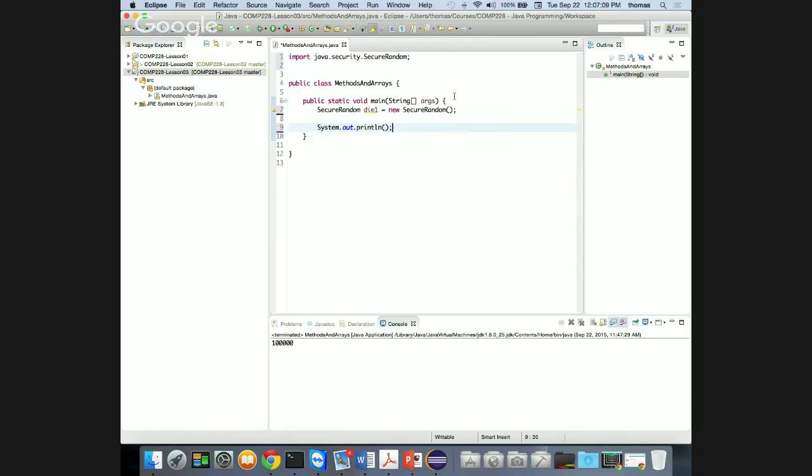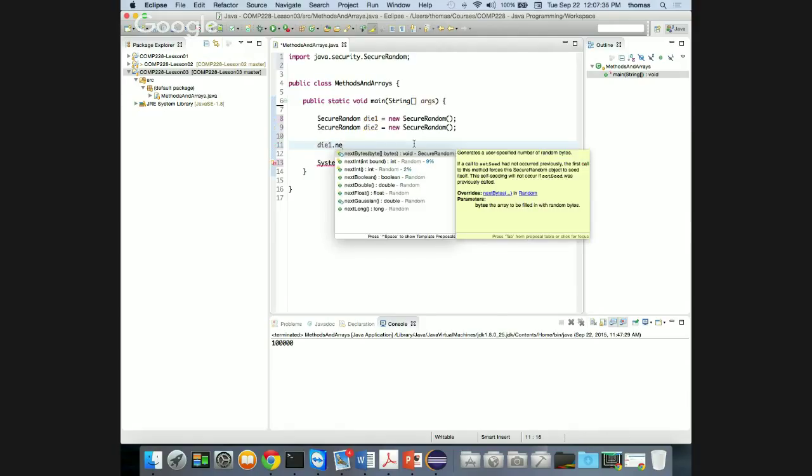All right, so I got my first die, and my die is going to generate a random number. Let's do the next one. So I'll say SecureRandom, right? Let's do 2 of them. Die 2 is equal to a new SecureRandom, right? I could use the same thing. There's other options here. Okay, what do I want to do? I want to say die 1 then, right,